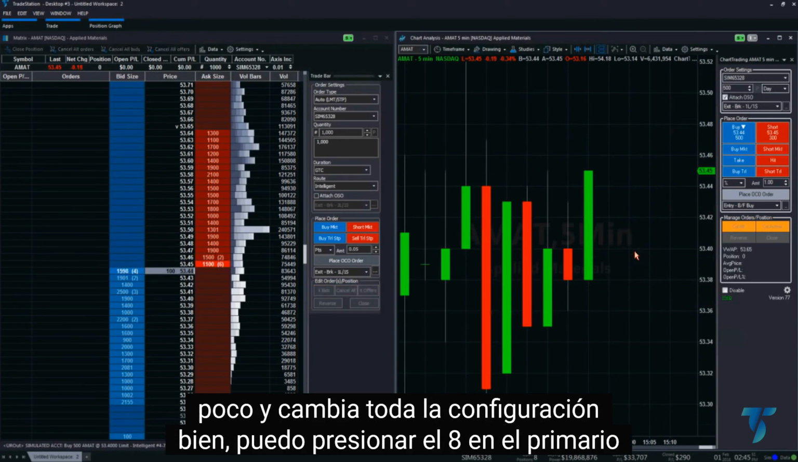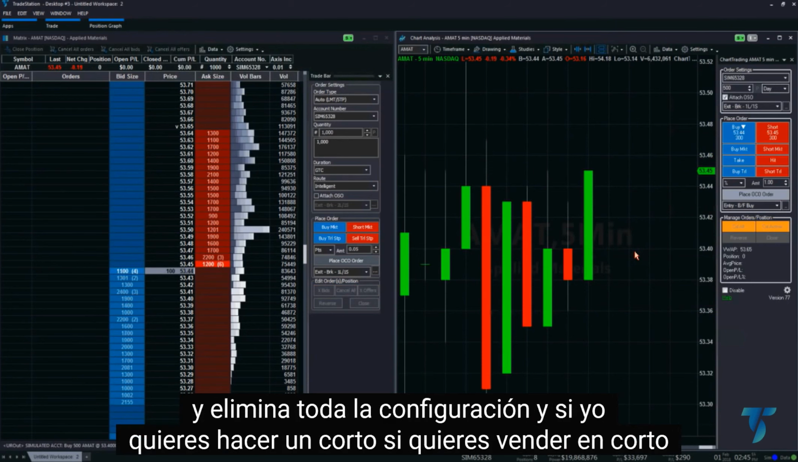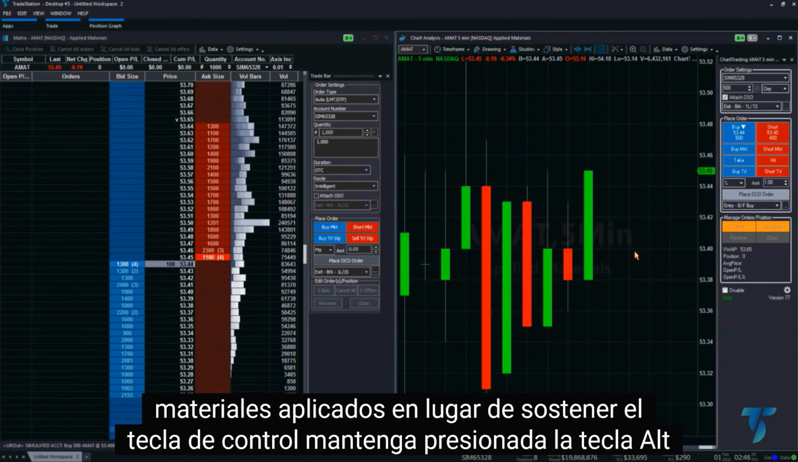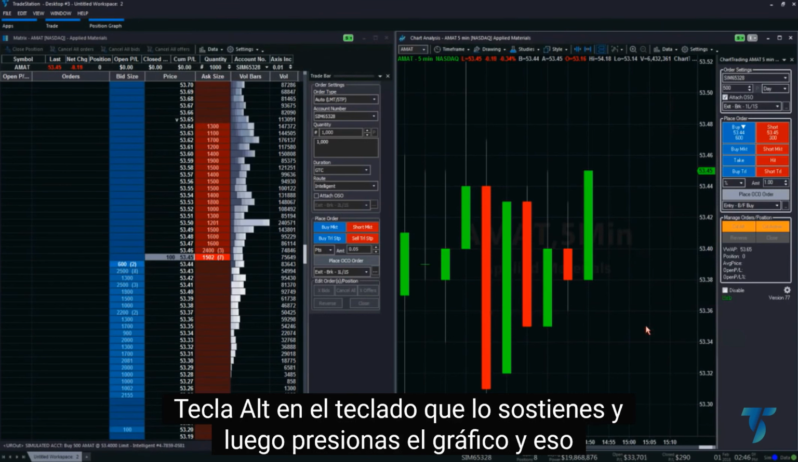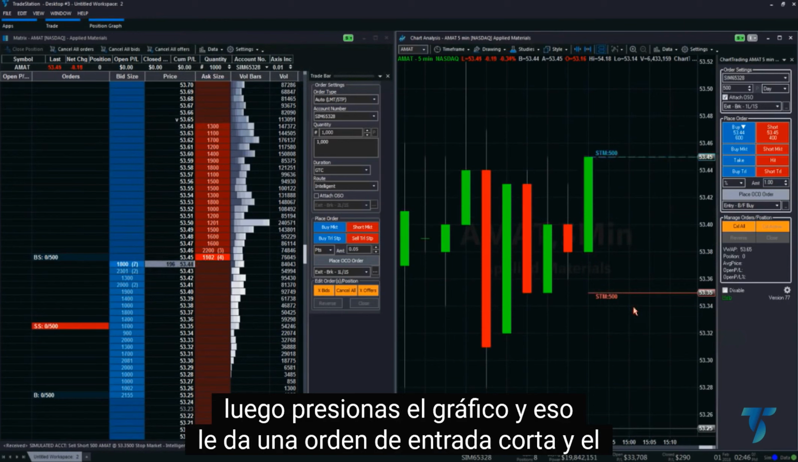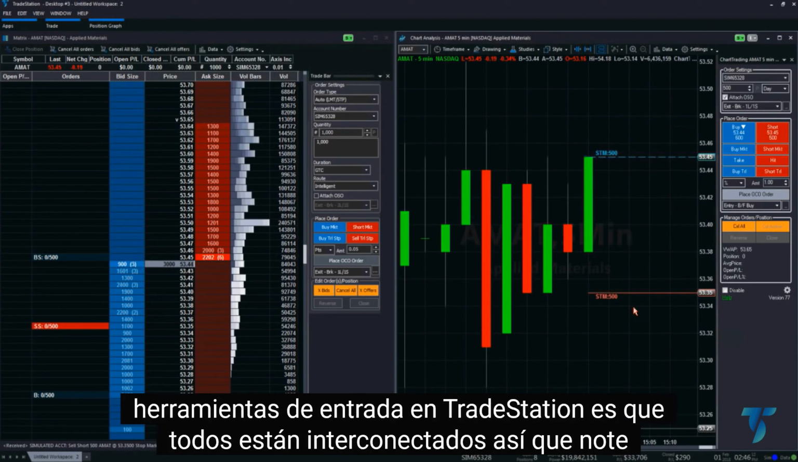Okay, I can press delete on the primary and it removes the whole setup. And if you want to sell short Applied Materials, instead of holding the control key, hold down the alt key on the keyboard, and then you press on the chart, and that gives you a short entry order. And the nice thing about all the order entry tools in TradeStation is that they're all